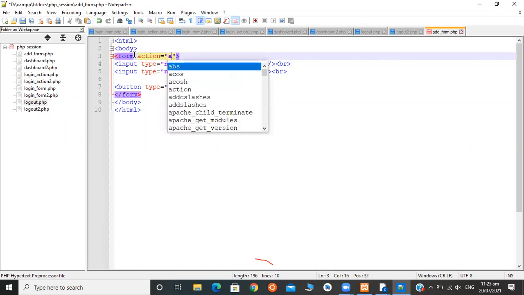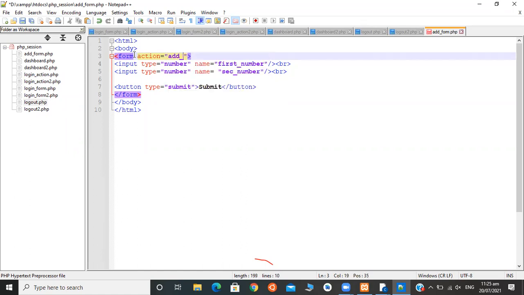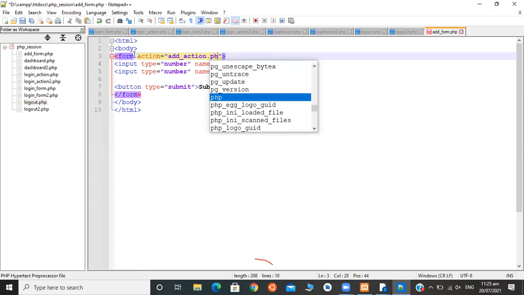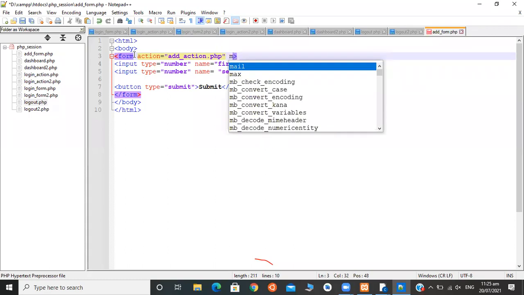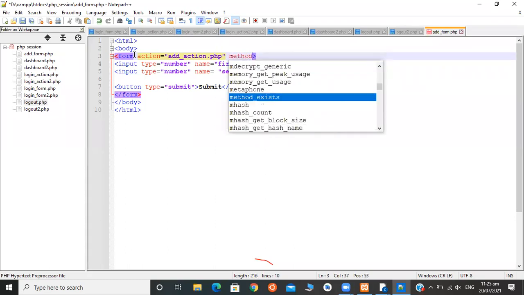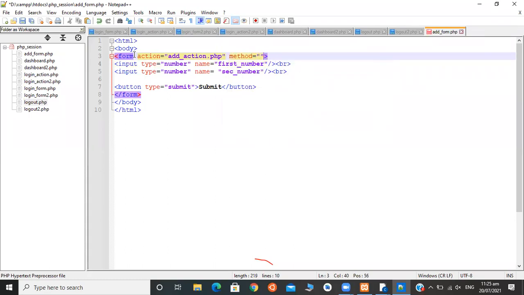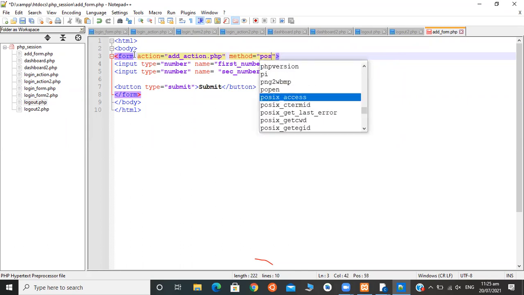Say add action. Let's say we can give it a name, add action dot php. We have to create this file. Then the next attribute, method, post. Method equals to post.